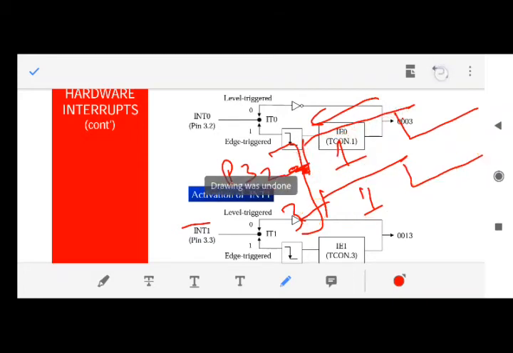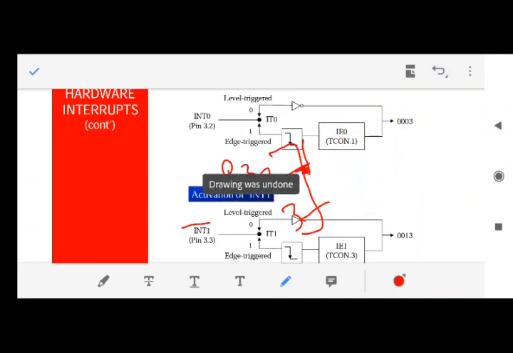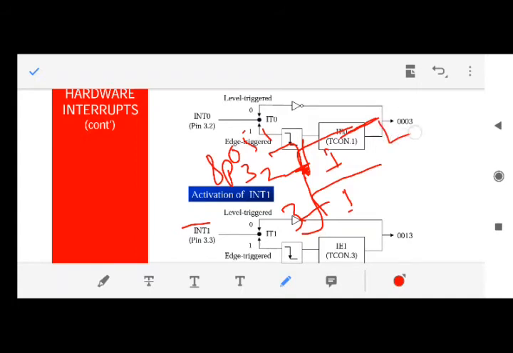I'll explain again what level and edge triggering are. It is normally logic 1. Please listen carefully. Now if your 8051 wants to sense only the edge, that this logic 1 became 0, and service the interrupt, then it would be edge type.